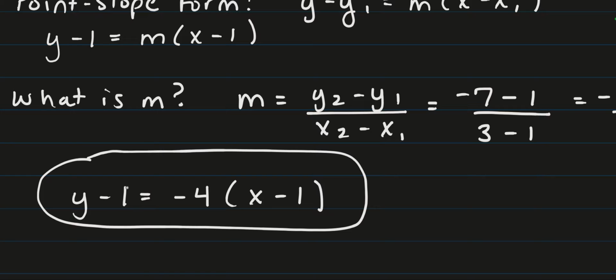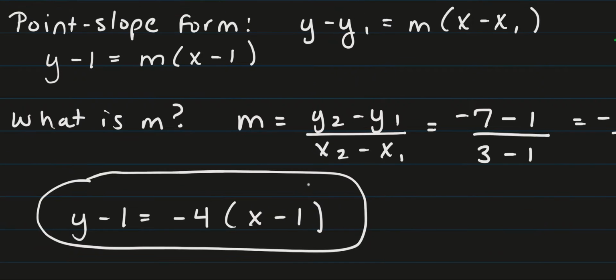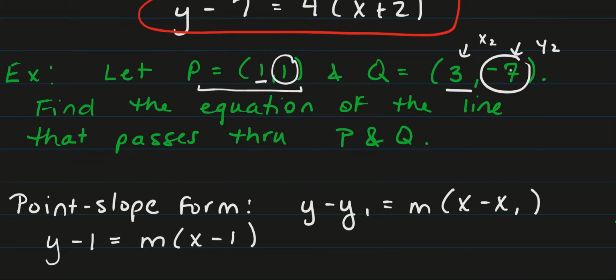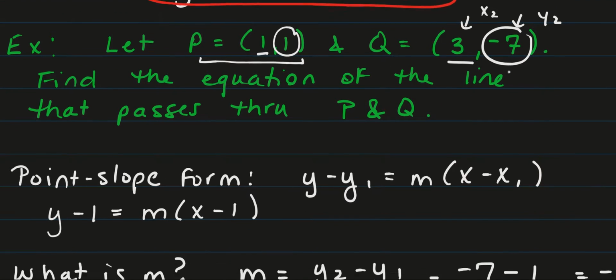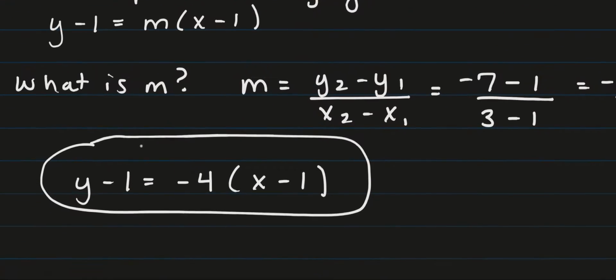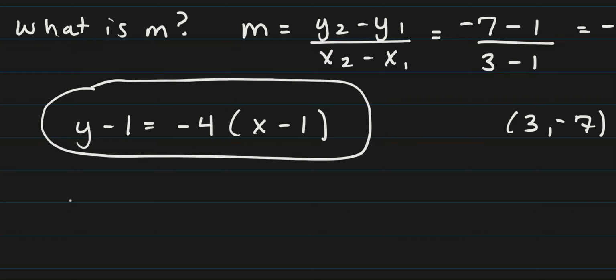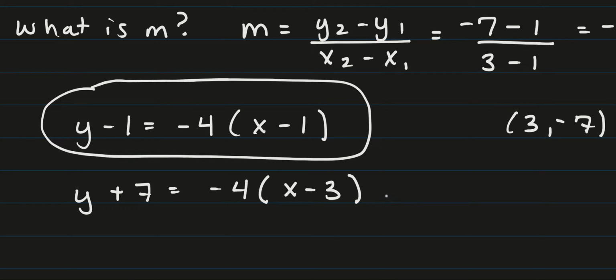Now, of course, you could use a different point right here, and that's perfectly fine. You can plug in (3, negative 7). So another option is that you could write this, because we had this point (3, negative 7). If you use Q as (x1, y1), you'll get y plus 7 is equal to negative 4 times (x minus 3). So this is another option